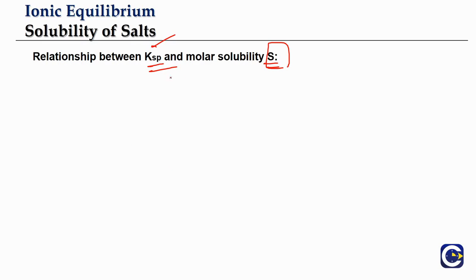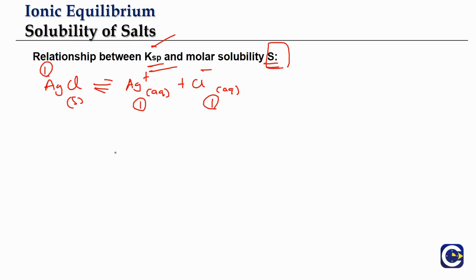So what will be the relation between them? These two are basically related, so we'll see how. We'll start with specific examples. Let's say we have AgCl. AgCl is dissolved. It's a sparingly soluble salt. It is going to give us Ag plus ions and Cl minus ions. Now here, if I dissolve one particle of AgCl, one Ag plus ion is going to come and one Cl minus is going to come.